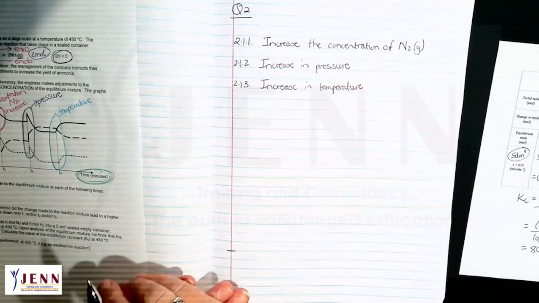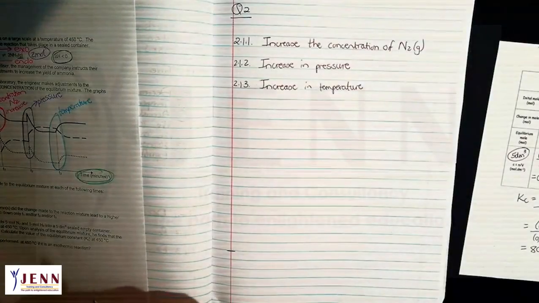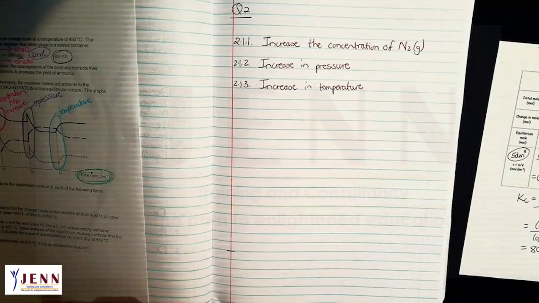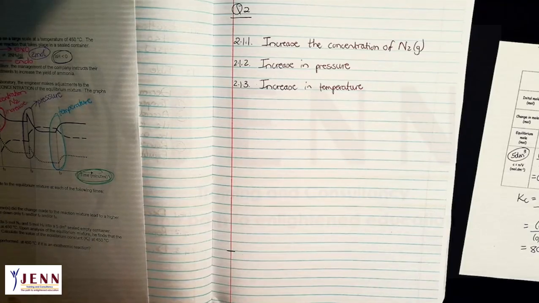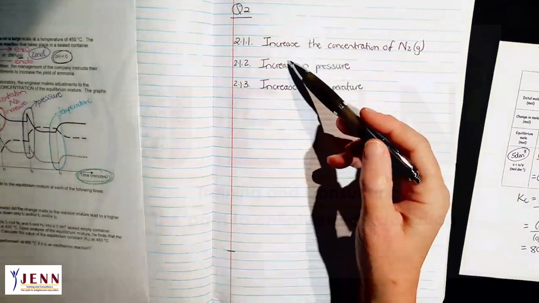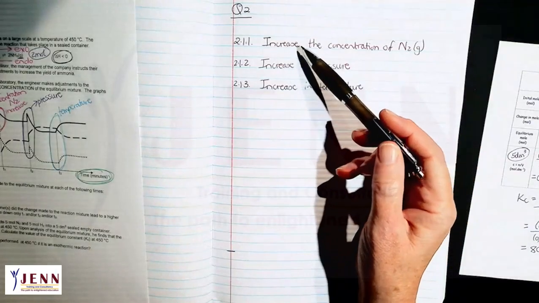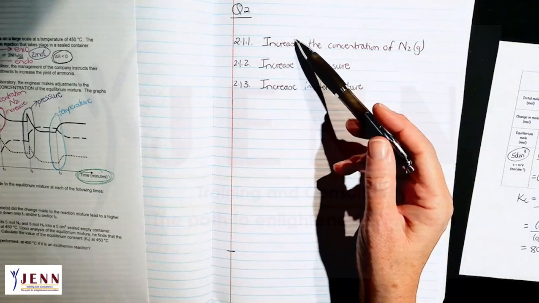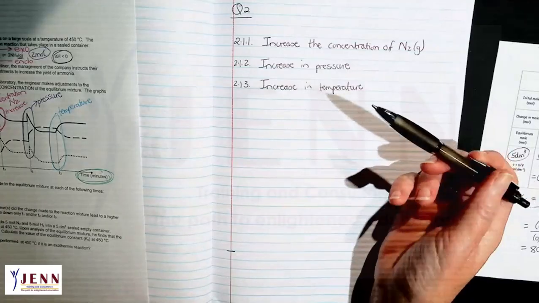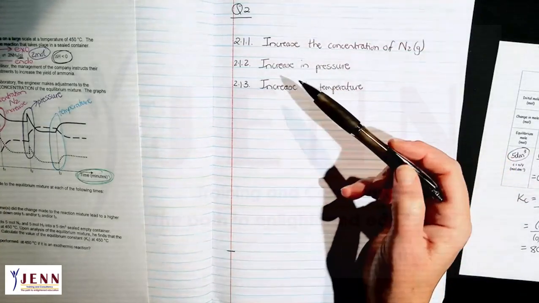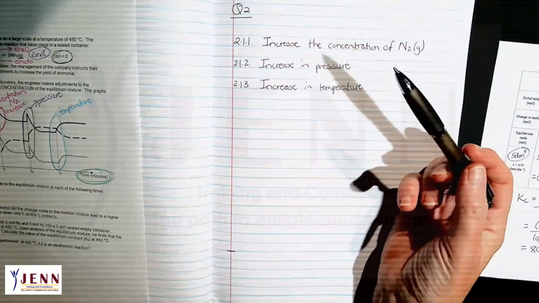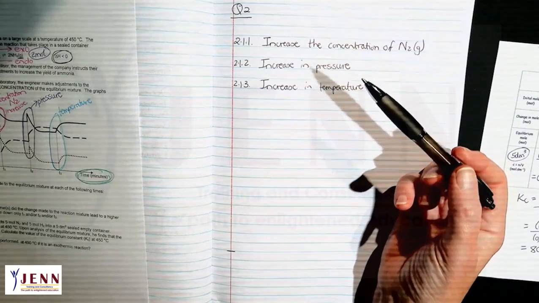So don't just say it's a change in temperature or just write temperature. You must tell me what is happening there. Okay, so that is very important. And it's not always increase, increase, increase; it can be increase, increase, decrease. It doesn't mean that if I make a change on the graph, everything must be increased. It was just a coincidence in this case that they all increase, but some can decrease depending on what is given on the graph.